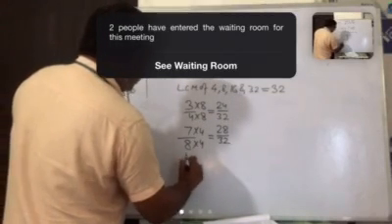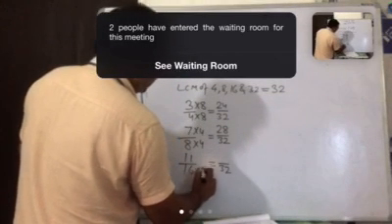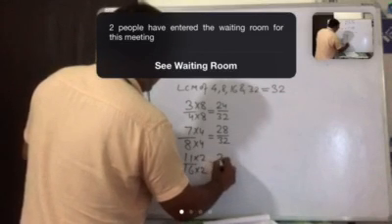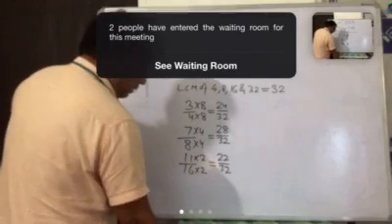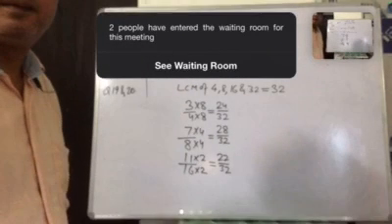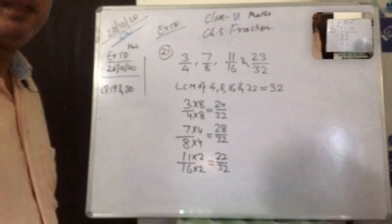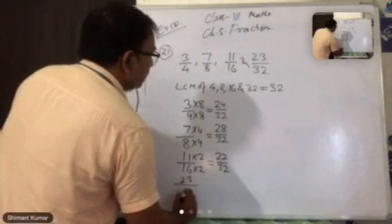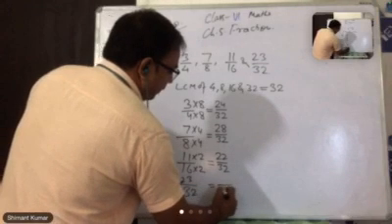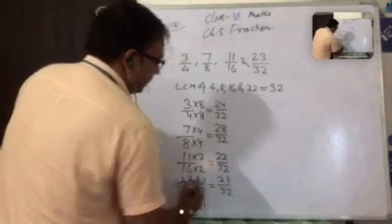28. Now the third is 11 upon 16, and the required denominator is 32. So 16 times 2 and 11 times 2. 11 times 2 is 22. And the last one is 23 upon 32. And the required denominator is 32. So we just multiply with 1. This is 23.